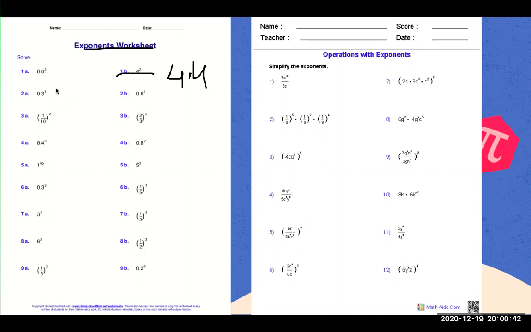Okay, so basically, let's go on to number 2a. So 0.3 to the power of 1, that's just 0.3 because this has an exponent of 1, and anything to the power of 1 is itself. So now let's look at a decimal to the power of 2. So 0.6 to the power of 2 is basically 0.6 times 0.6, all we've been doing so far. And if you calculate this, it becomes